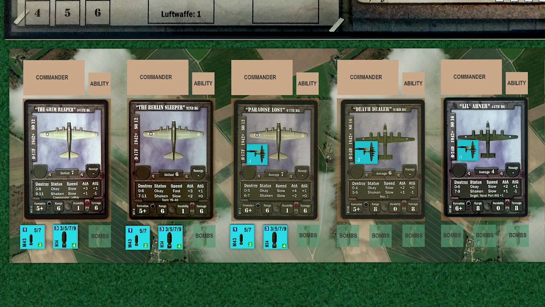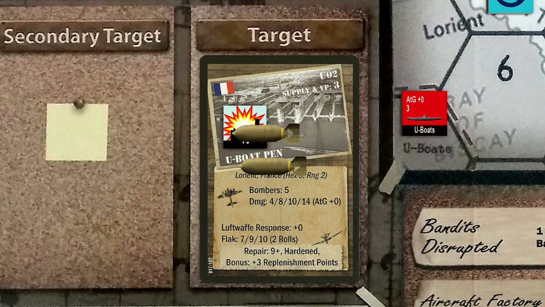The B-17s are up next, and the 97th flies through a flak barrage. And the flak gunners miss on rolls of 3 and 5, modified to 2 and 4 for durability. The 97th will be bombing with a +1 modifier. The group calls bombs away,